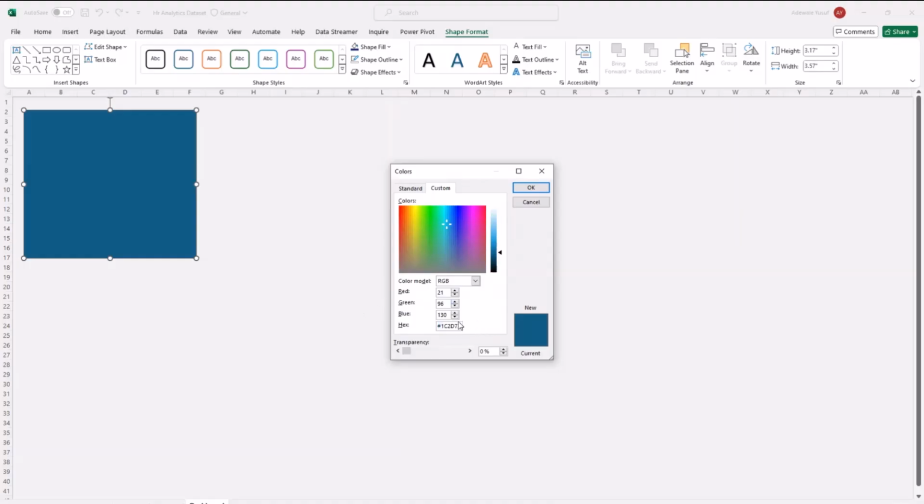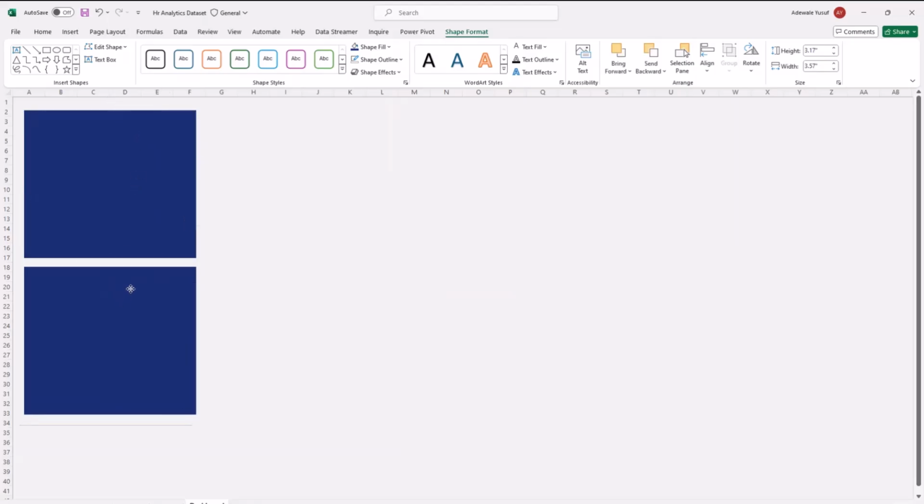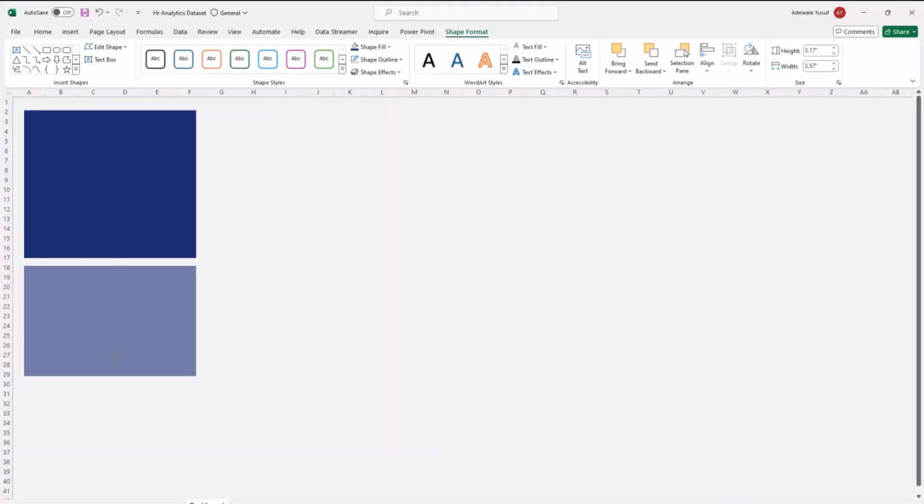Now, I was saying that for people that don't have the hex code, convert it to RGB, then you can put it in RGB, red, green, blue. You'll be able to use this RGB, right? So when I click OK like this, you will see this is my darker shape, right? Then I'll copy and paste this, bring it down a little bit like this, and then make this one maybe something very tiny, right?